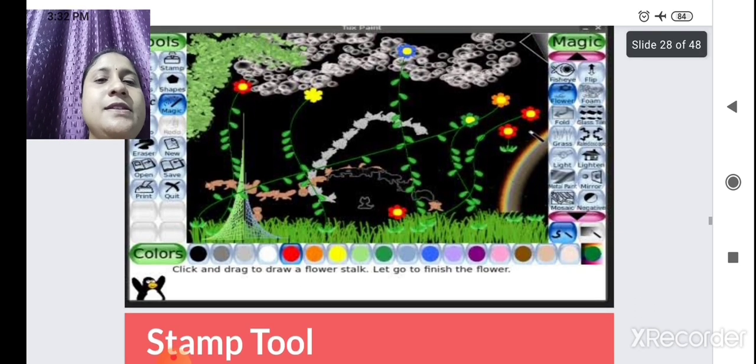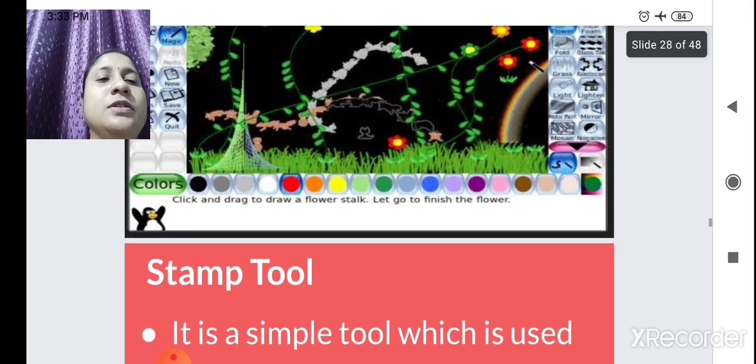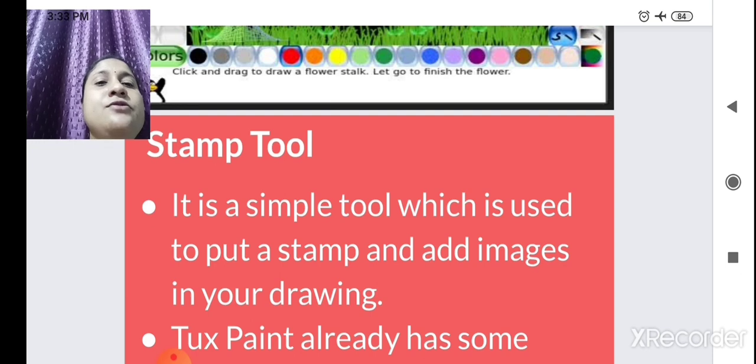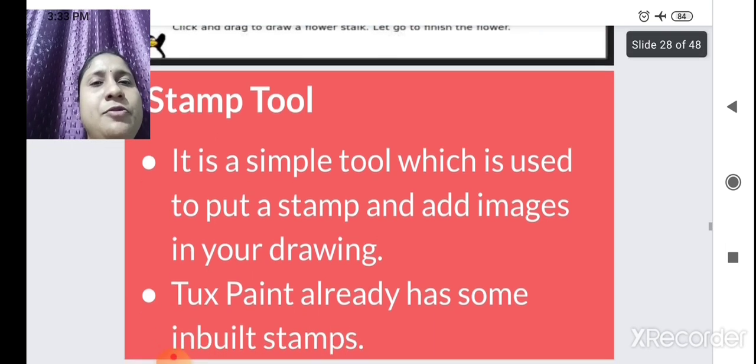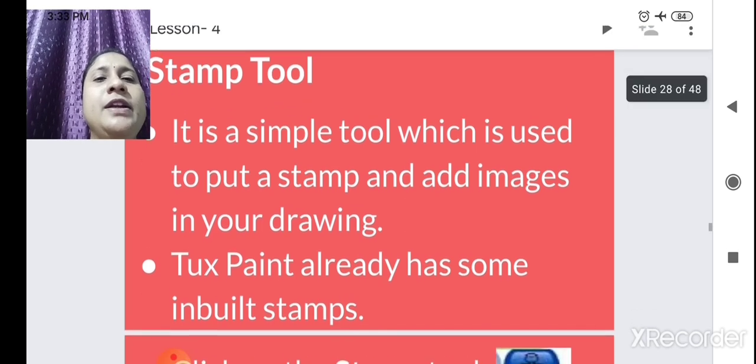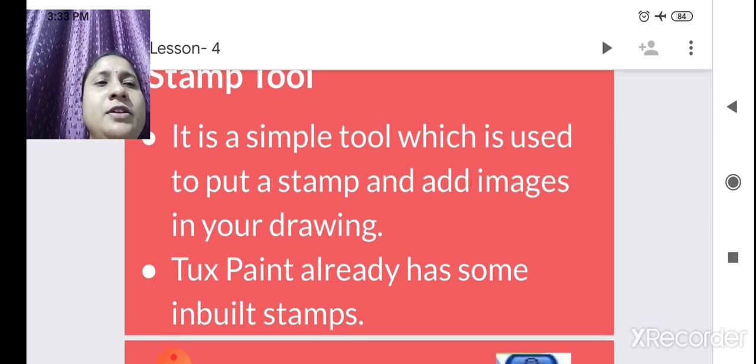Now the next is the stamp tool. It is a simple tool which is used to put a stamp. A stamp is nothing but an image provided by TuxPaint. There are some images provided in TuxPaint, so you can add that image in your drawing.